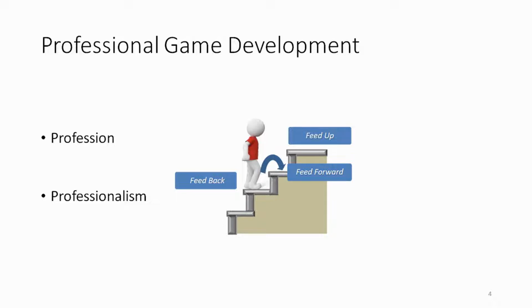Okay, what is professionalism? We have here on the picture feedback. I think one task that you have to be able to do when you're a professional is to reflect and judge your own performance, also from other people. You have to be able to do that. I think this is one of the skills that you have to have.